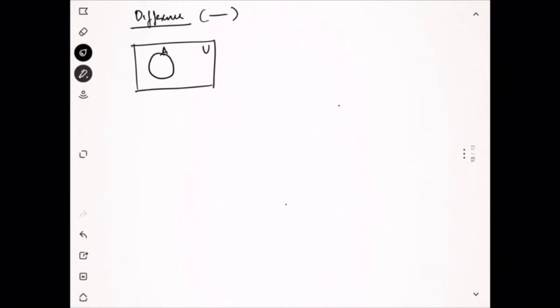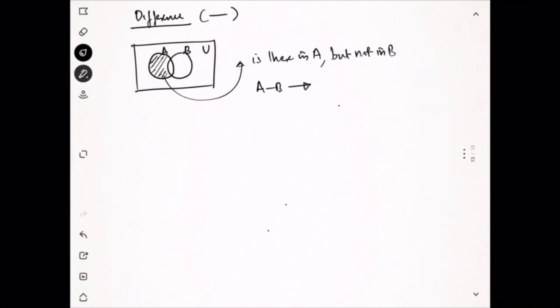Suppose this is the set A and this is B. If you consider this particular portion, you can see that this portion is there in A but not in B. So, A difference B is nothing but the elements that are in A